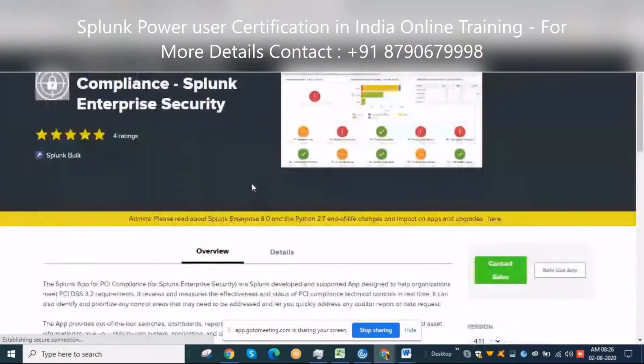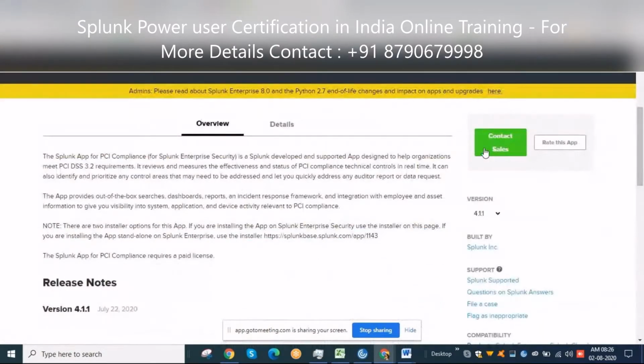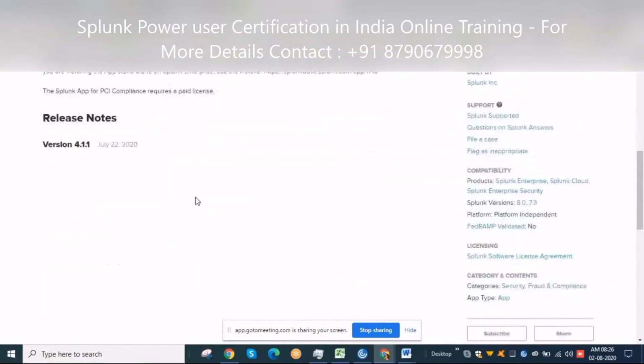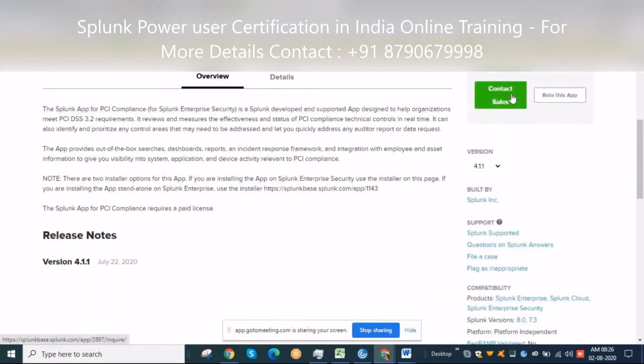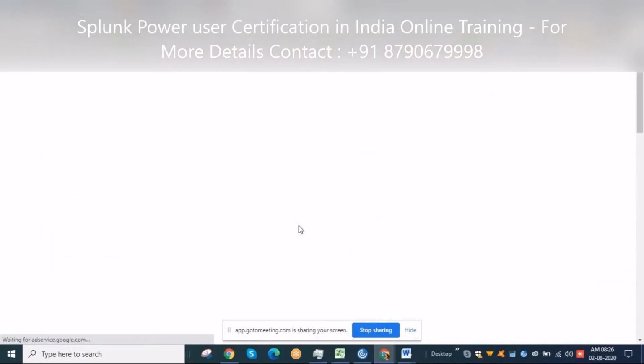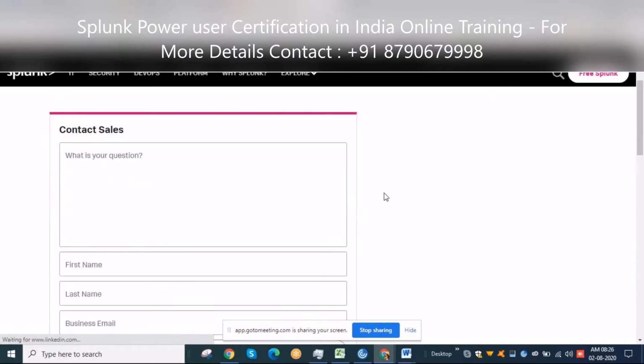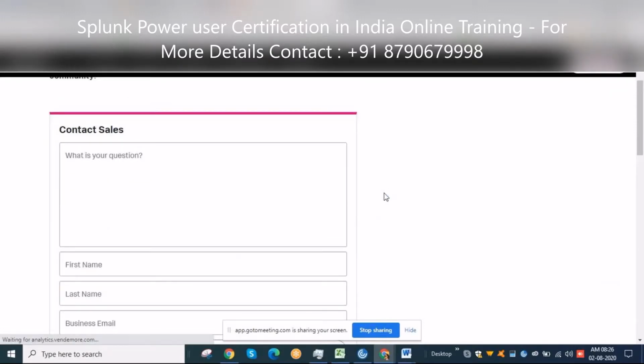See, if you see here, for every app here we'll get an option to download. But for some of the applications which are called premium applications in Splunk, we will not have a download option. Contact sales. That means we need to pay for some license to install this application. There are many premium applications like ITSI, Splunk Enterprise, this PCI, Phantom. These are all separate applications, and also where we need special training on those applications to work on.